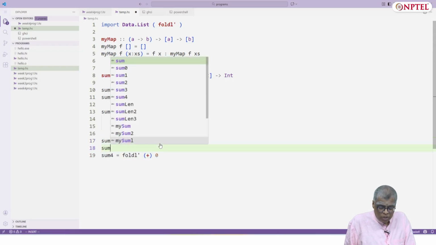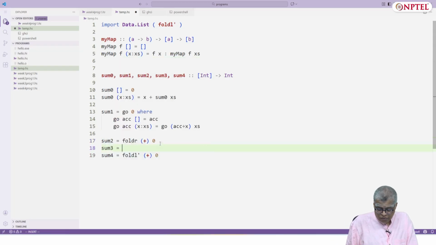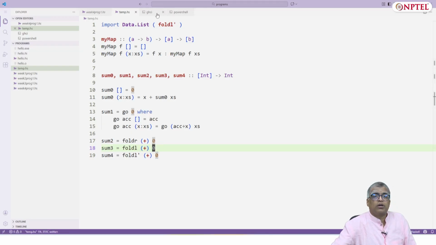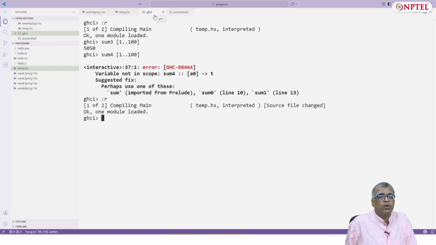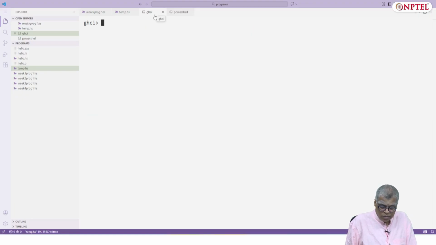What I want to now do is just to see if there is any difference in performance between foldl and foldl'. Let's check. Let me reload. Okay, sum3 is what I want to try first because that is foldl.